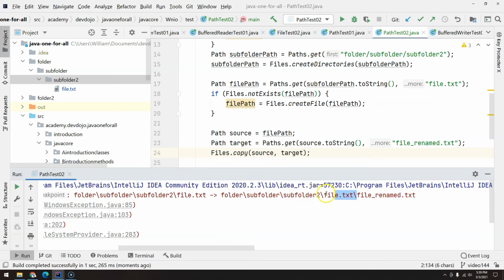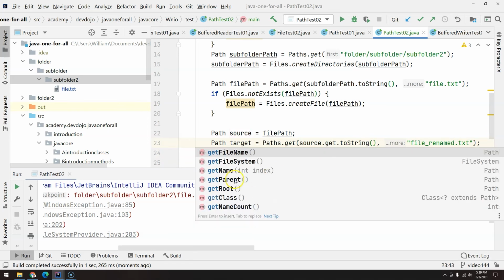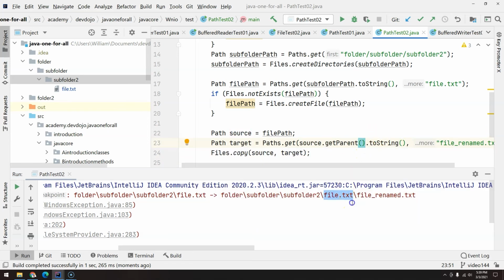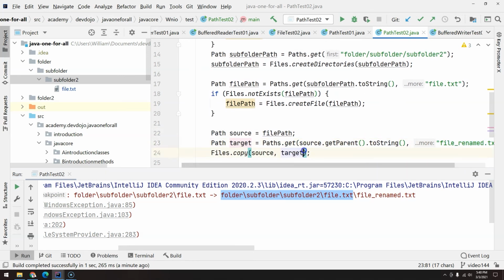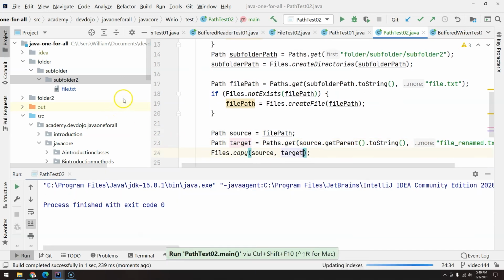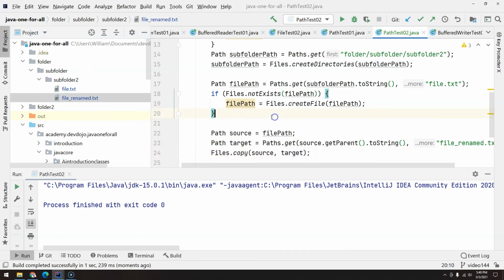So what we need is the parent where this file.txt is located. For that, you just have to call from the source getParent and toString, because the parent is this path right here. So folder, subfolder, subfolder 2. So basically, I want the source to be file.txt inside folder, subfolder 2, and I want to copy to folder, subfolder 2 with the new name file renamed.txt. Let's see, Ctrl+Shift+F10. And it worked, but if we execute again,